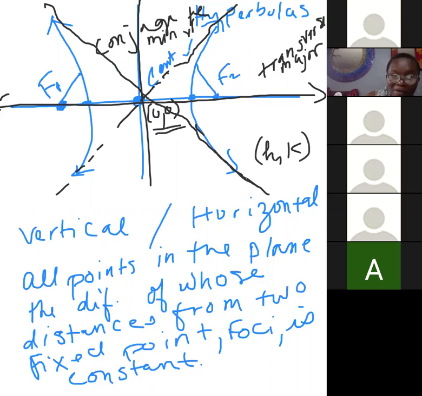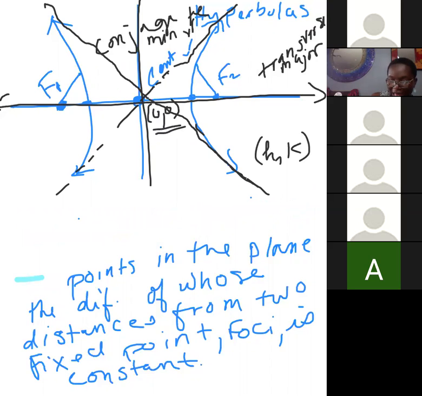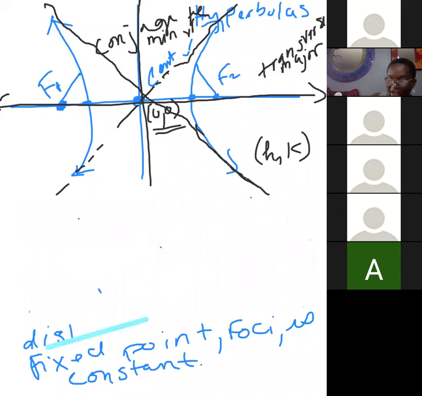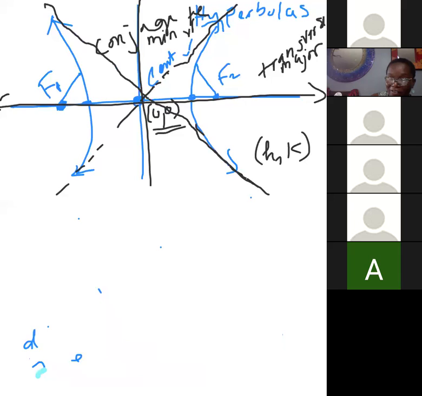Because we've talked about them before. Anybody? What are they called, those two dashed diagonal lines that the graphs of the hyperbola approach, but will never get to? Yes, Joey. Yes, Gabby. Okay. Those are oblique